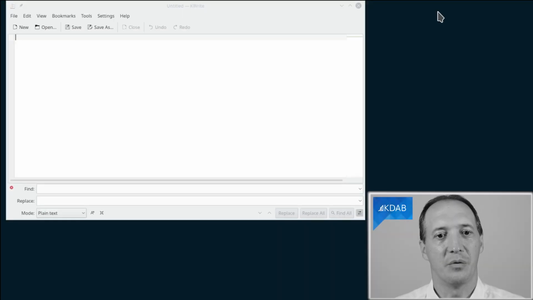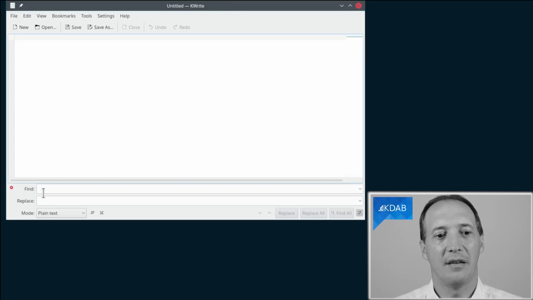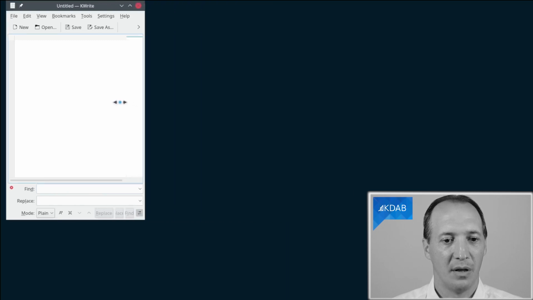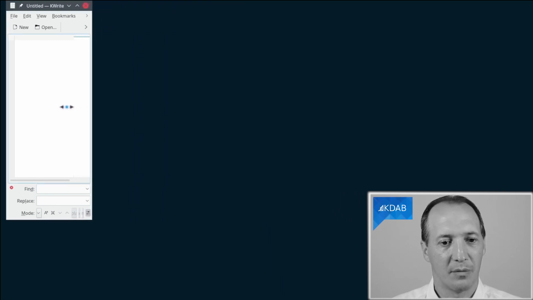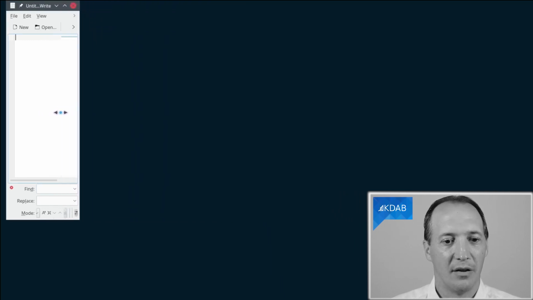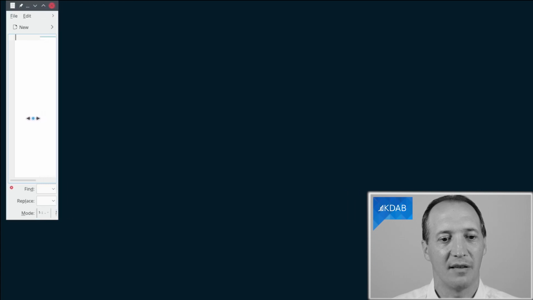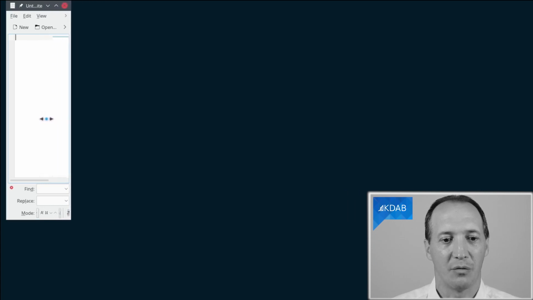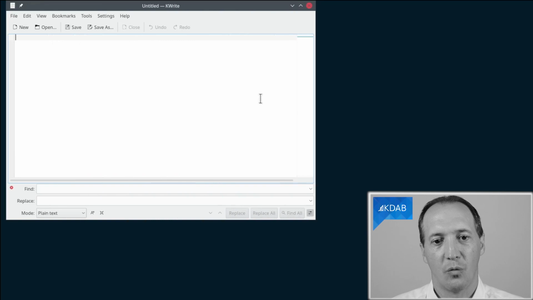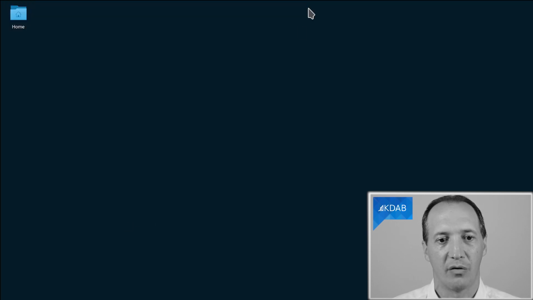So what is the issue? In KWrite here, still the Find and Replace widget, you can see that if we resize down the window, then at some point the bottom widgets get completely squished down. Nothing is preventing us from resizing this window to a far too little size. So we are going to use Gamma Ray to find out where that resizing behavior comes from.